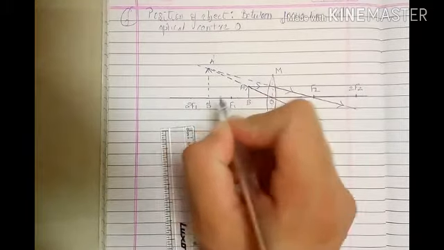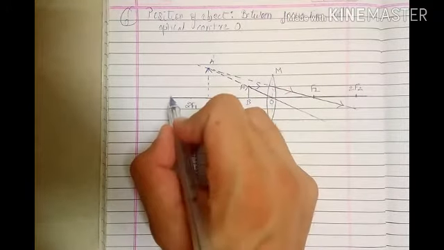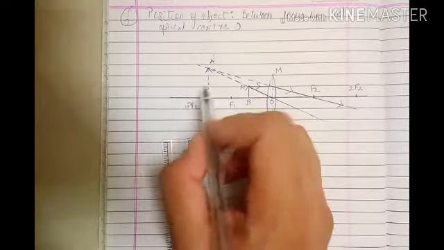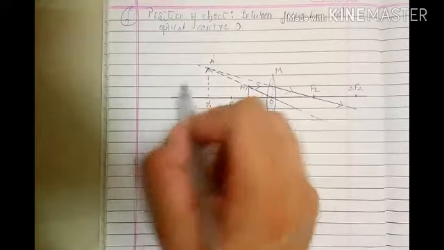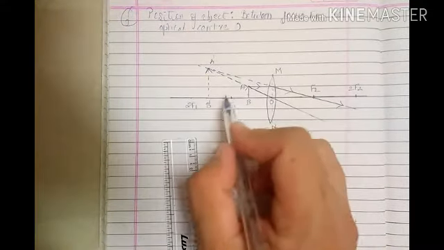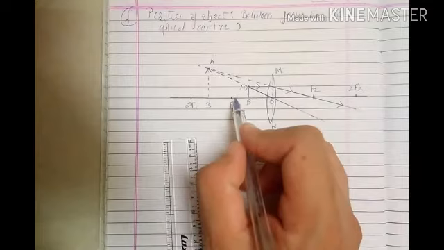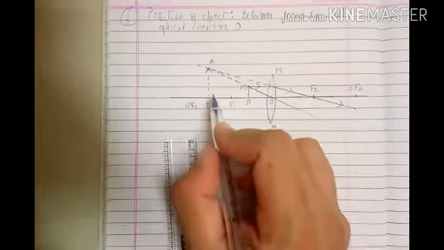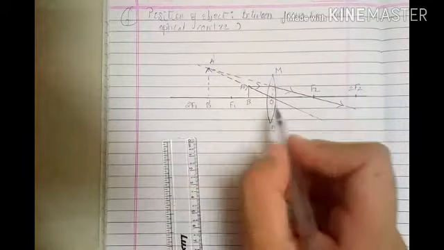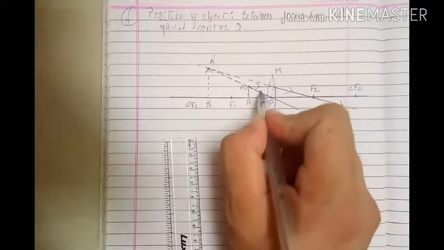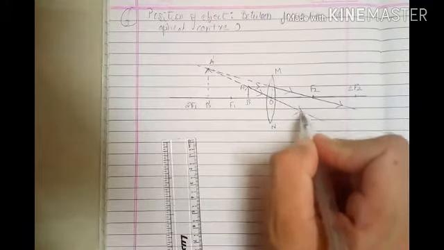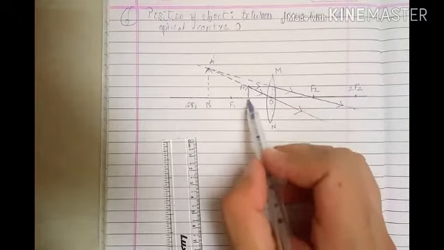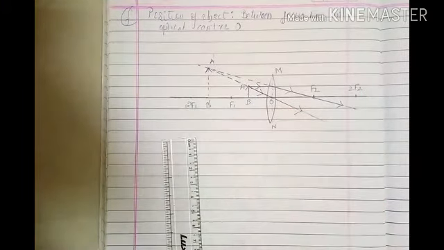So this is the image. As I said, the image could be here or it could be here as well. Don't worry about it. It's not incorrect if you get it here, or if you get it here, still it is not incorrect. It should be on the same side as that of the object. Means the object is on this side of the lens, so the image is also on this side. Only that is important. So this is my second ray. These arrows are important. So my object AB is here, A dash B dash is my image. This is the ray diagram 10.16 F.